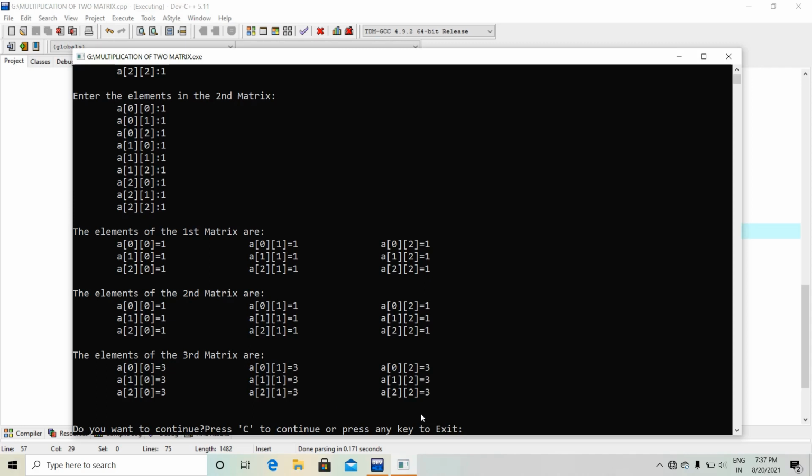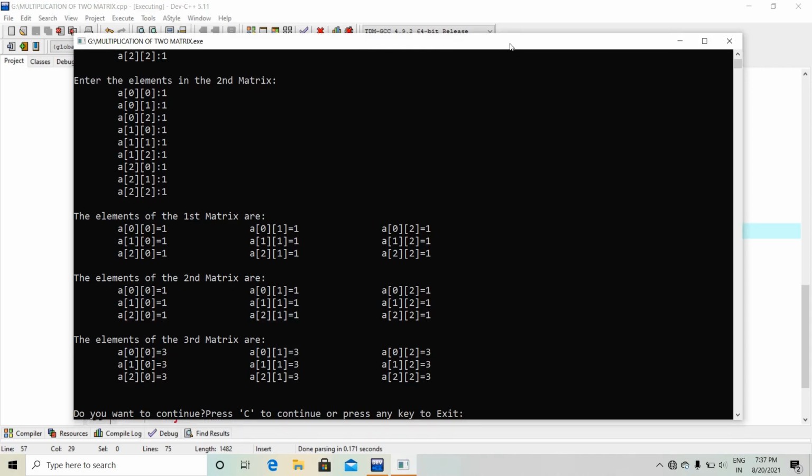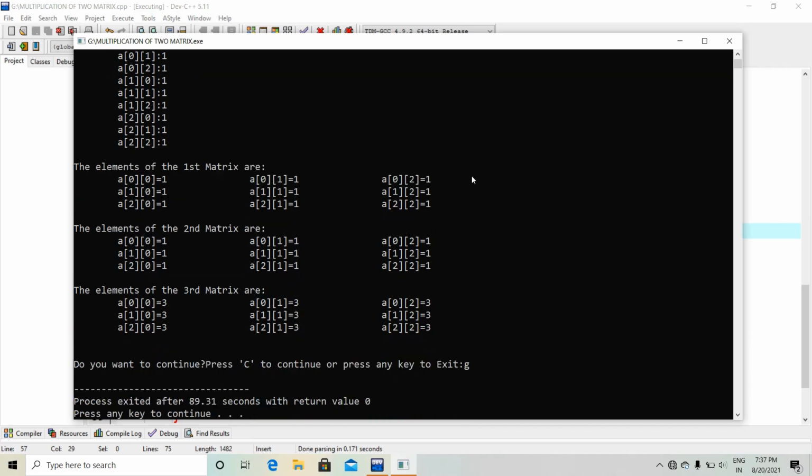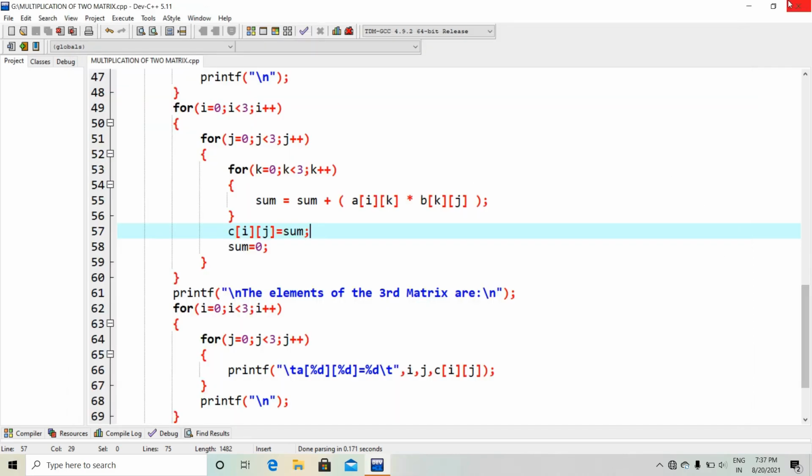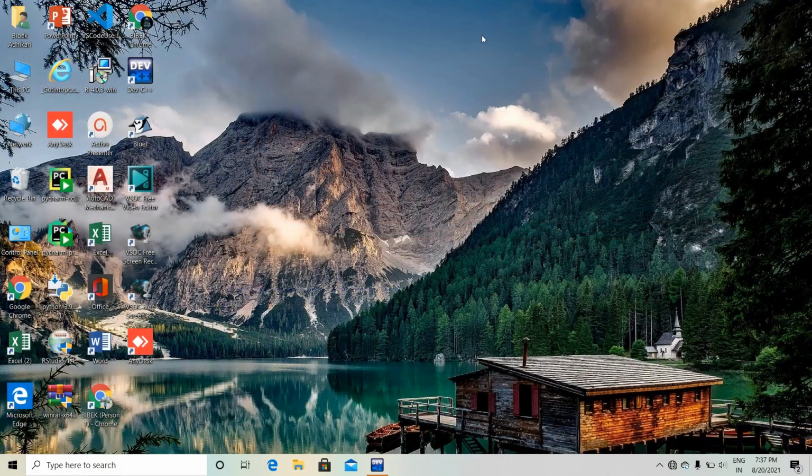Okay, so if I press any key other than capital C or small c, then I will be logged out from the output screen. So this is the method you have to follow.